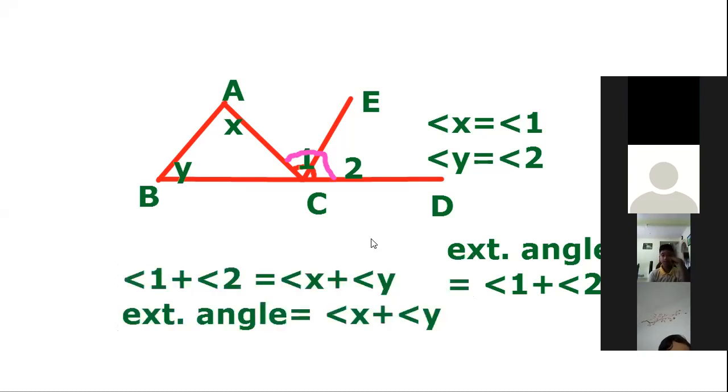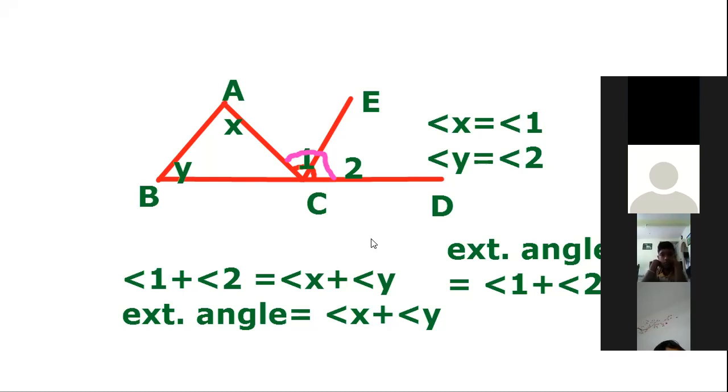Yes, miss. So, which is the property which is given in your textbook, page 117? There is a figure 6.9 given for you, which we have drawn on our whiteboard. Using that figure, we can get the conclusion that an exterior angle of a triangle is equal to the sum of its interior opposite angles. Okay. And you can see there is a justification given for you.